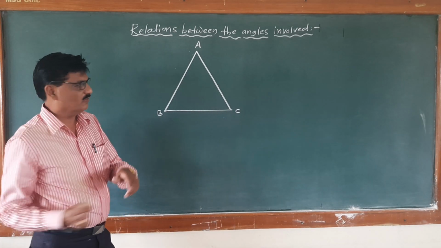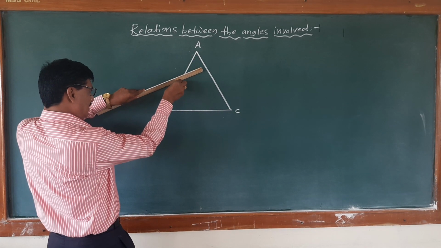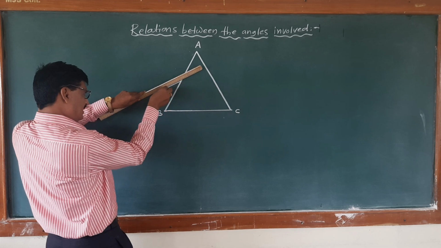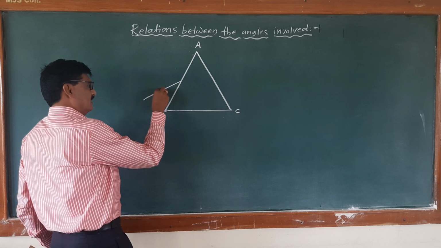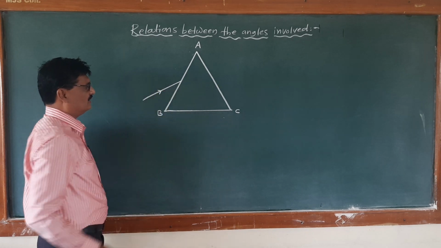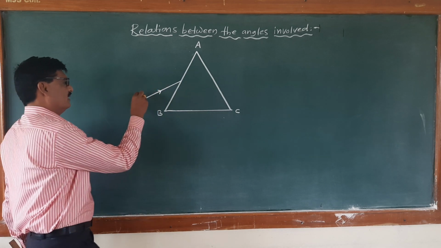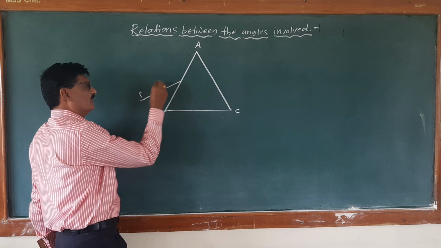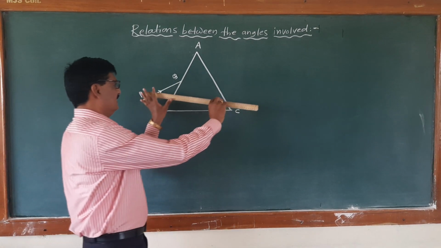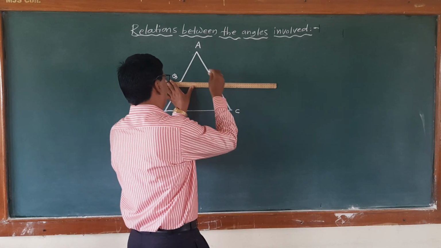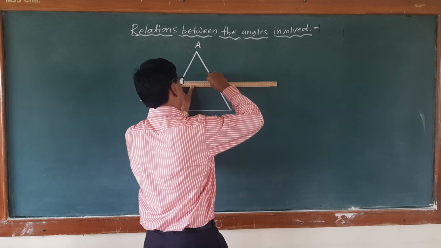Then suppose a monochromatic ray of light is incident on this surface AB. I call this ray PQ. It is incident on the surface AB. At the surface AB, this ray is refracted and it travels along the path that I call QR.